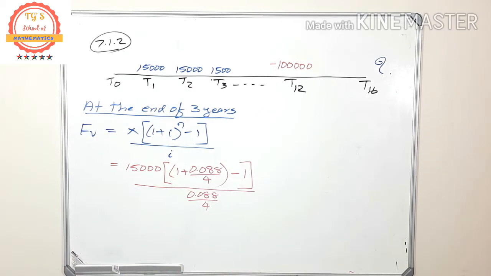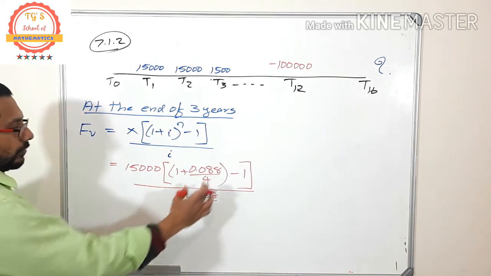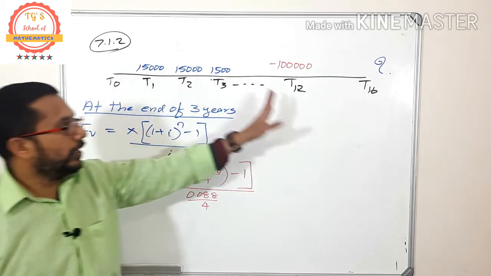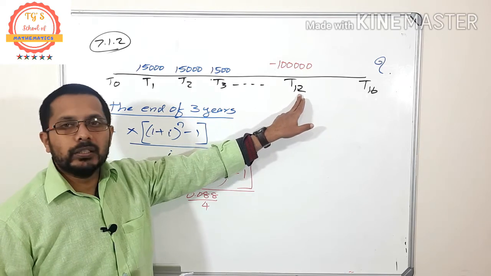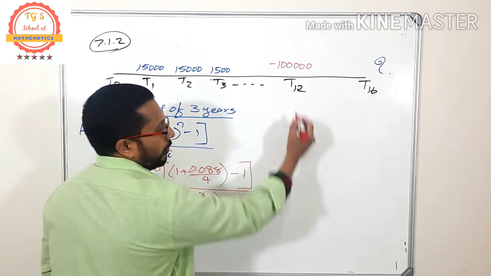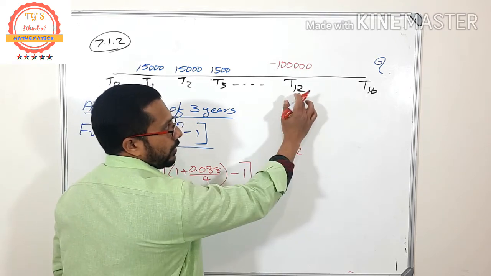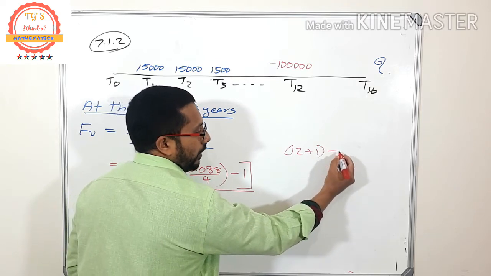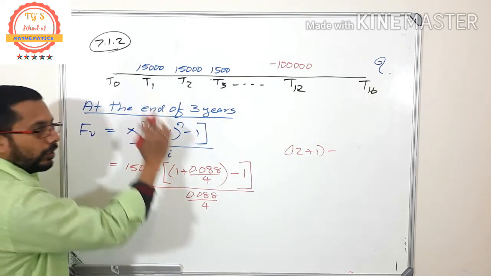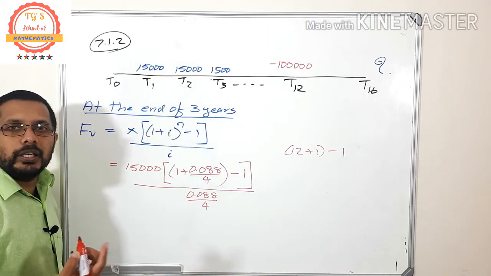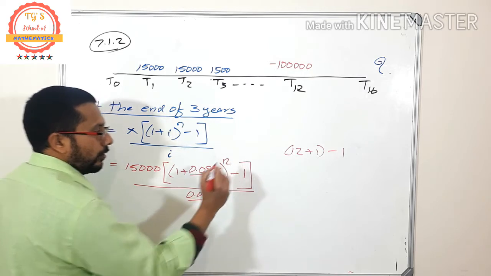So what must I write here? How can you find the value? At the end of 3 years, that means I am supposed to find this T12. So what is the method that we used? 12 years means 12, last month is 12, okay? So third year. So 12 plus 1 minus, when is the first payment? 1. So it is 12 plus 1 minus 1. That means 13 minus 1 is again 12, okay? So here it is 12.